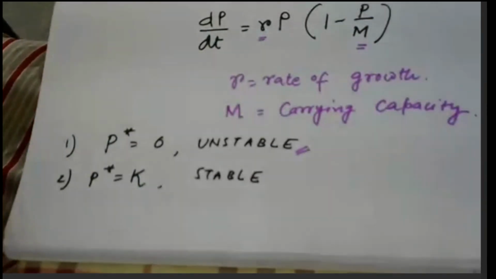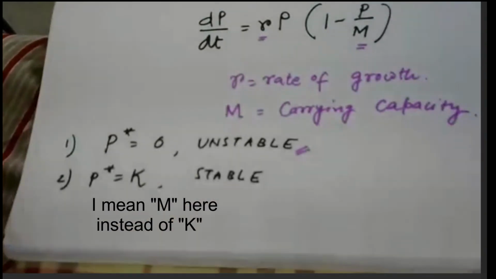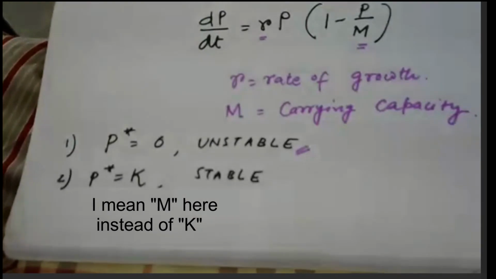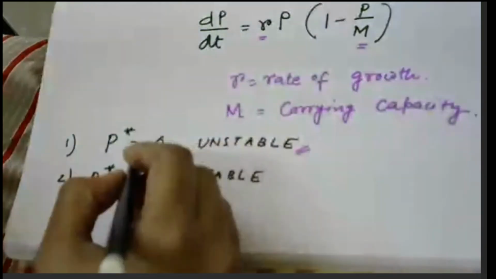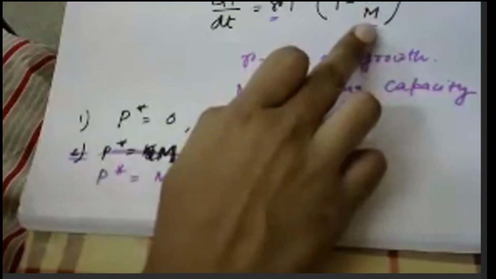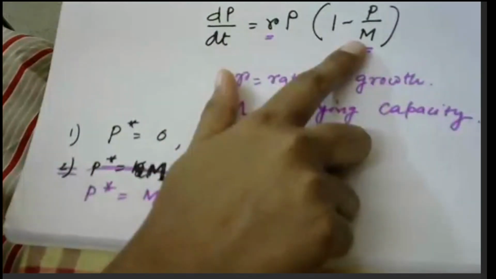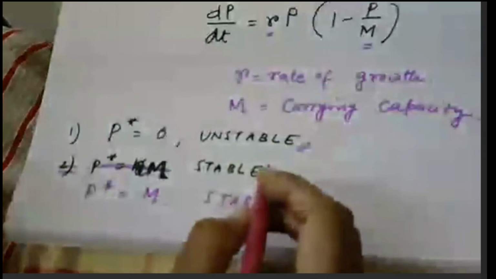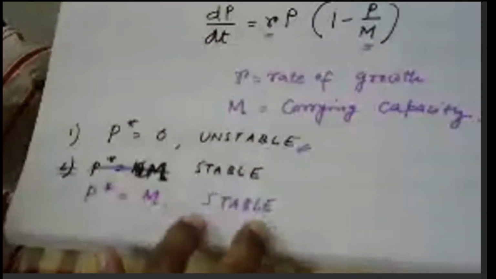On the other hand, if you look at the N is equal to K solution, that is a very stable solution for this reason. And to understand that, we need to consider what will happen if, sorry, I am writing K, this is M, okay? Many times this M variable that we took is referred to with the letter K as well, because it is related to the model that was first proposed. There they used K as the carrying capacity.